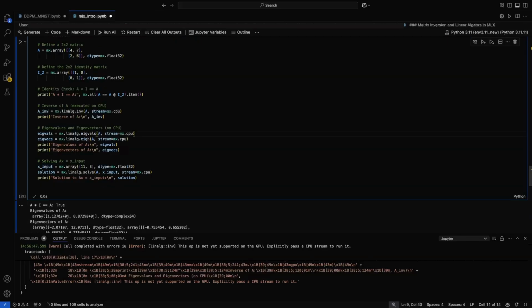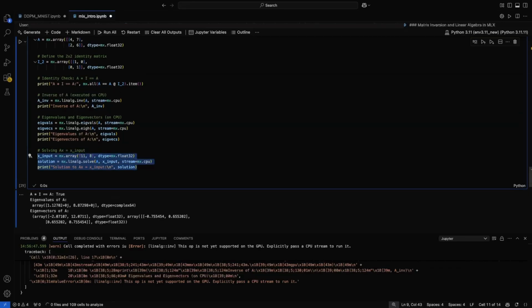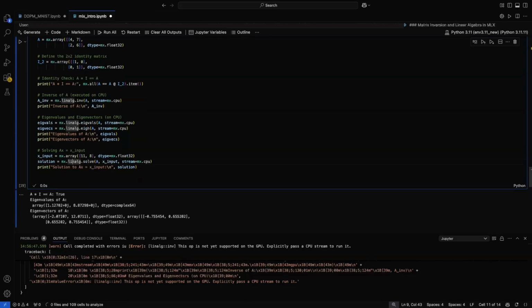If we scroll down a little bit, over here I have a solution algorithm to a system. So if you are not familiar with linear algebra, over here I have defined an input, 11 and 8. It's convenient and easy to calculate and demonstrate, so that's why I chose it. And over here I have the solution. So what this snippet is doing,